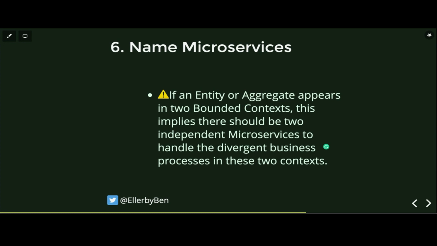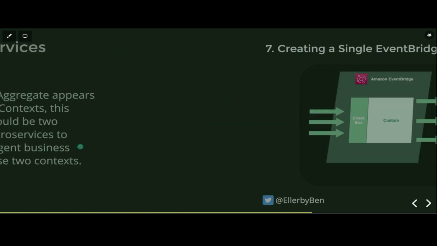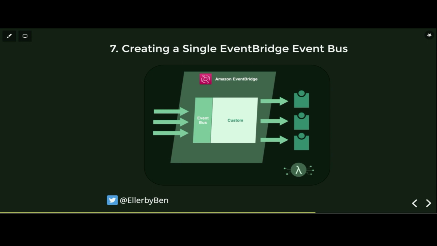You want to let each service process orders in the way those services need to. Now, they're going to know about all the other stuff going through the system because we're going to have a formalized set of events going through that any of these services can subscribe to and listen to, and basically have those events trigger their own logic, but they should maintain their own data. Otherwise, those 2 teams are going to have to coordinate a lot, and we're going to have some coupling across those 2 different services. The next step, step 7, is creating the single EventBridge event bus.